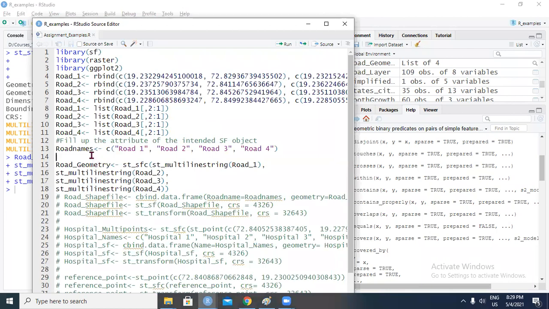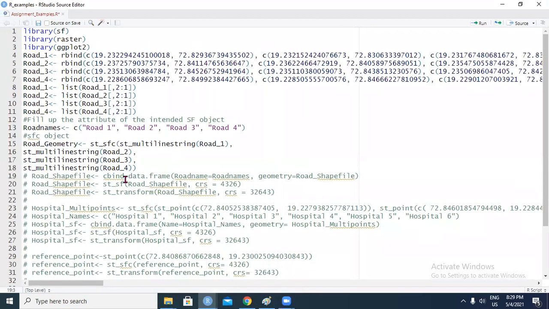So now you create the SFC object. Now, if you remember, all the shape files are also data frames. So if you actually say is.data.frame, and we'll just see that in a moment, it will return a value of true for the shape file, because obviously it has got attribute information which is stored as a data frame.